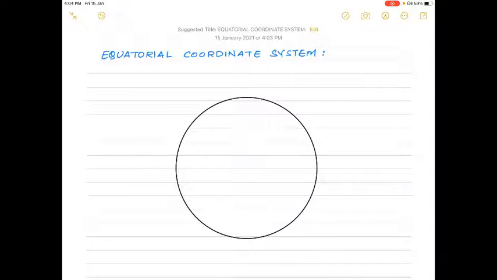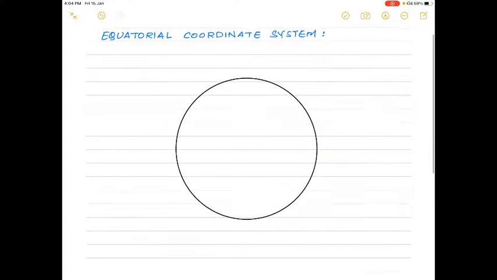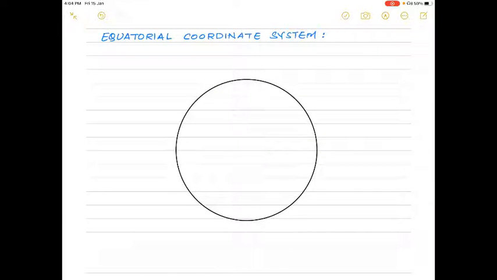So in the last lecture we started with observational astronomy, and in that we saw different coordinate systems which are used to do observations of stars or celestial objects from the surface of Earth. Amongst those, in the last lecture we saw the first type of astronomical coordinate system, that is the horizon coordinate system. In that, we know that we need only two angles to locate a star, called altitude and azimuth. If you know these two angles, you can locate the star from the surface of Earth.